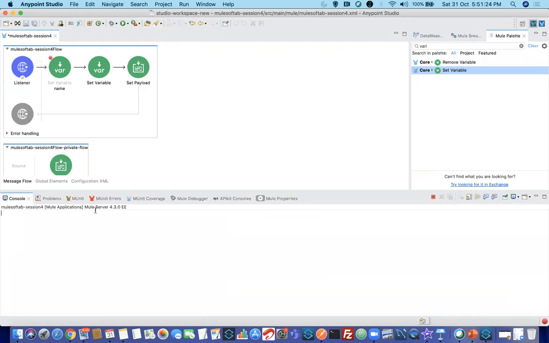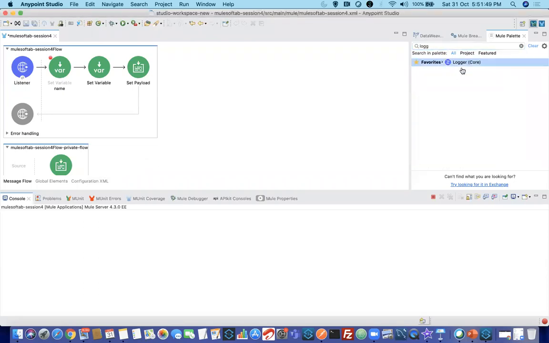Logs are very, very important when you do real-time coding. This is a small application, but your application will be very big, and if something goes wrong, you should understand at what point of code it is failing. Just like in Java, where you print with System.out.println, in the same way you have a logger component.